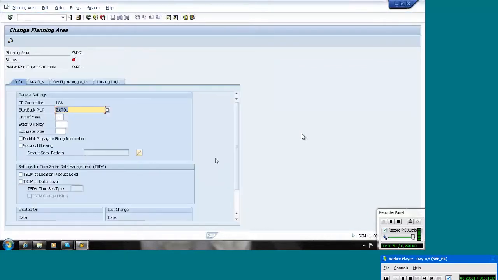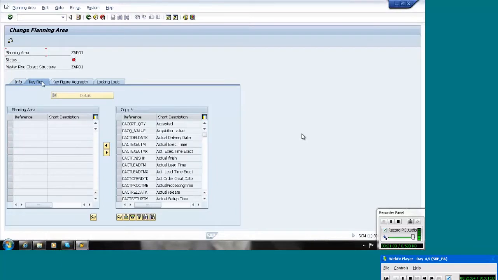Now you can see in the planning area, first the information screen, whatever we have defined will be shown in the information screen. And then next go to the key figures. Here also, like how we selected in the MPAS characteristics, here we have to select the key figures. Here also the same rule: whatever is 0A, these are the BW key figures, and whatever is 9A, these are the APO key figures, and the Z ones we can create ourselves, one key figure in RSA1.